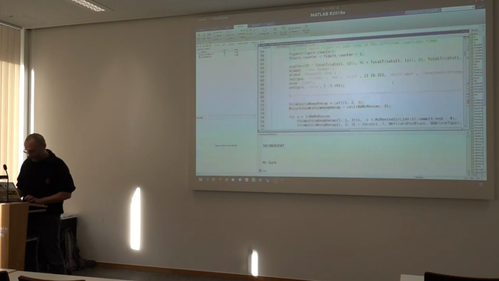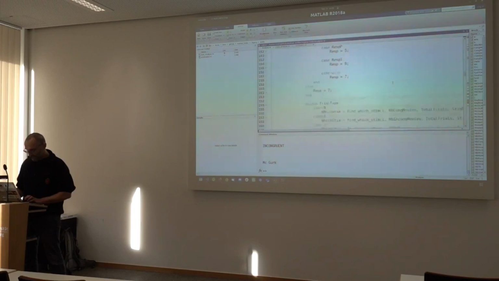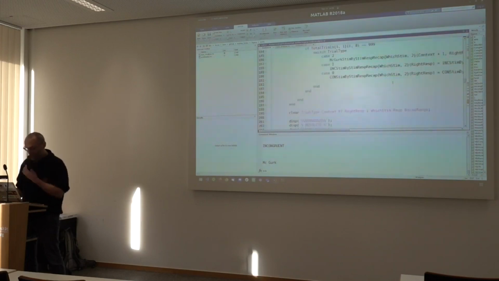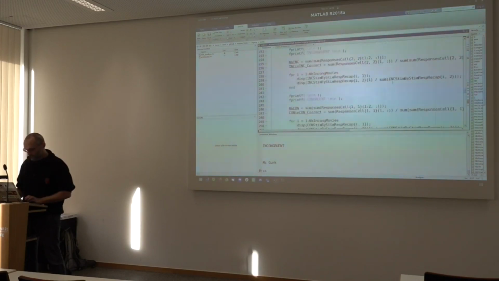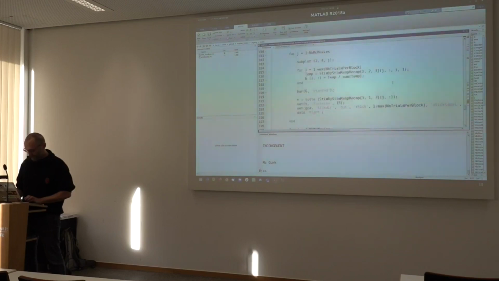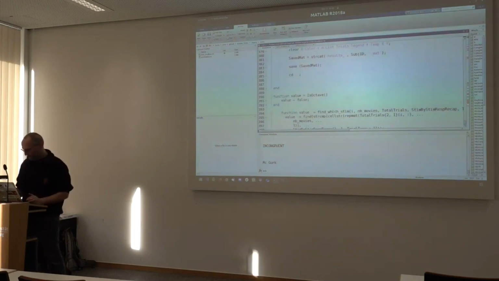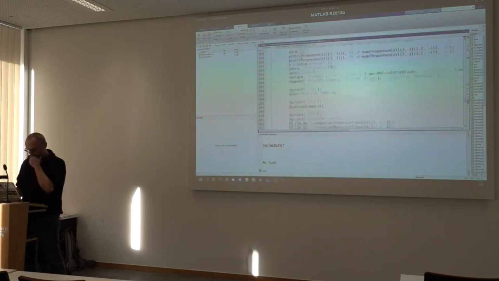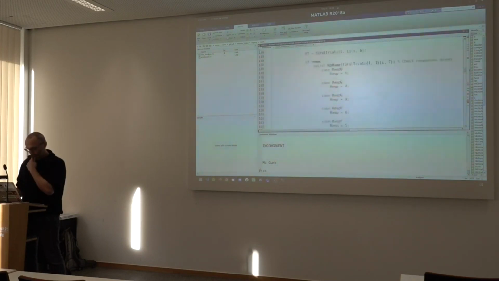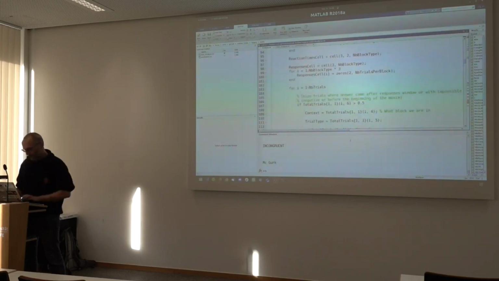Where did you go? Also, that's another reason why it's kind of nice to have smaller functions, so that you don't need to scroll as much. And it disappeared. There we go. Okay.